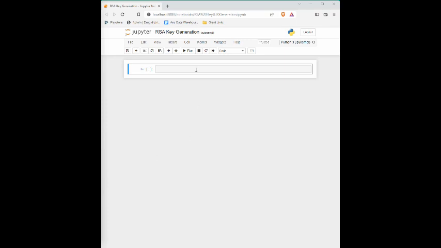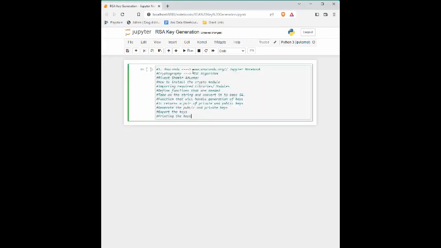I want us to look at a simple way we can generate keys using the RSA algorithm. I'm using Python and Jupyter Notebook, which can be obtained from the Anaconda distribution. Just to explain, the RSA algorithm comes from three people: Rivest, Shamir, Adleman. In this section, I'm going to take you through how we can install specific modules,